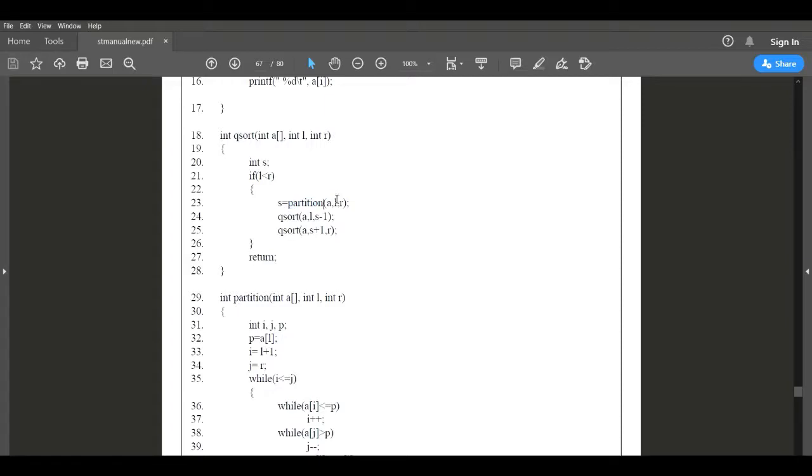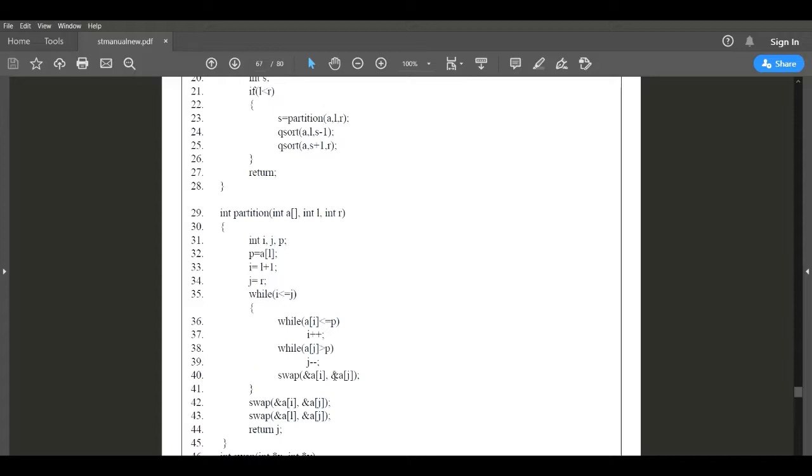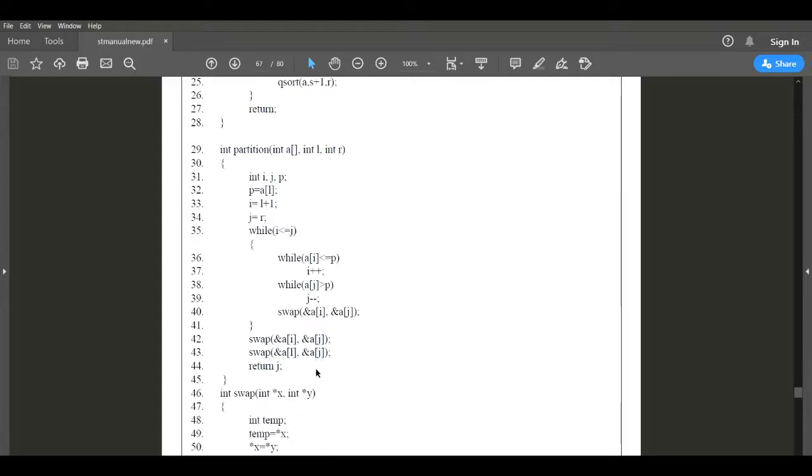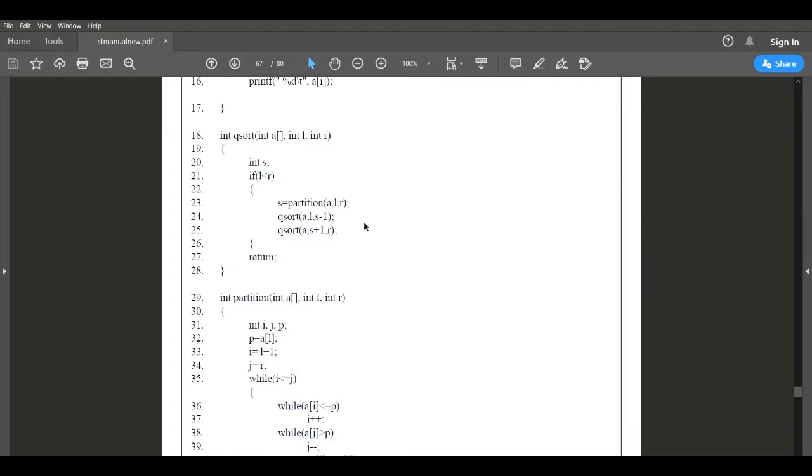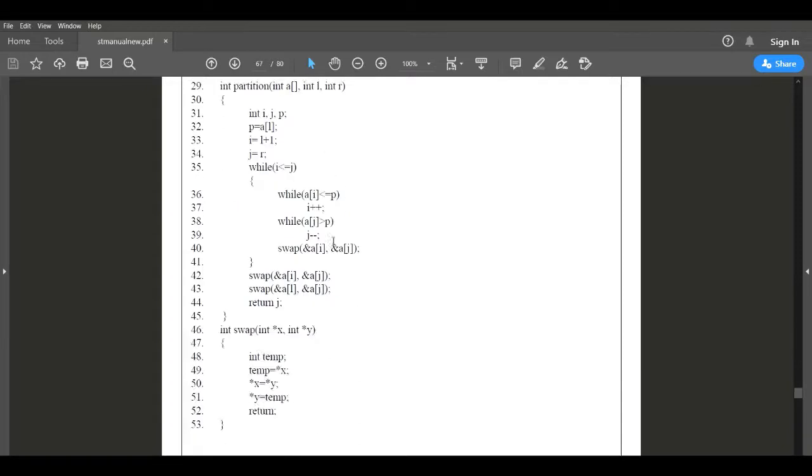When I pass this parameter to this function, it is initialized with some variable name, that is s. Now I am going to check this condition, and then I pass this parameter, and it will move over here, then it will calculate and sort it out, and the swapping function will work and swap accordingly. Then qsort gives the output result by passing these values.